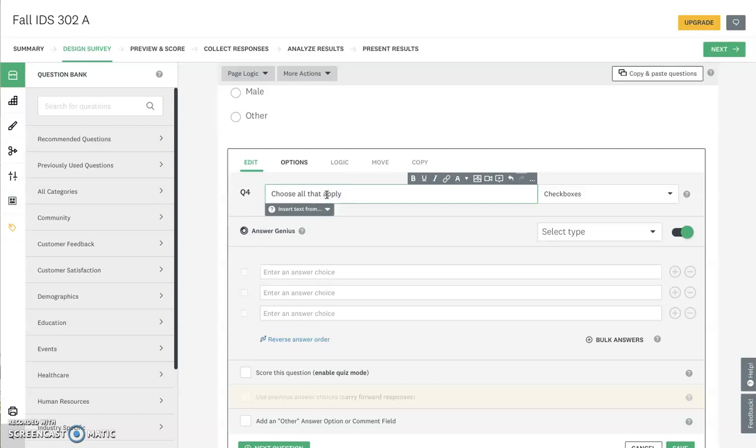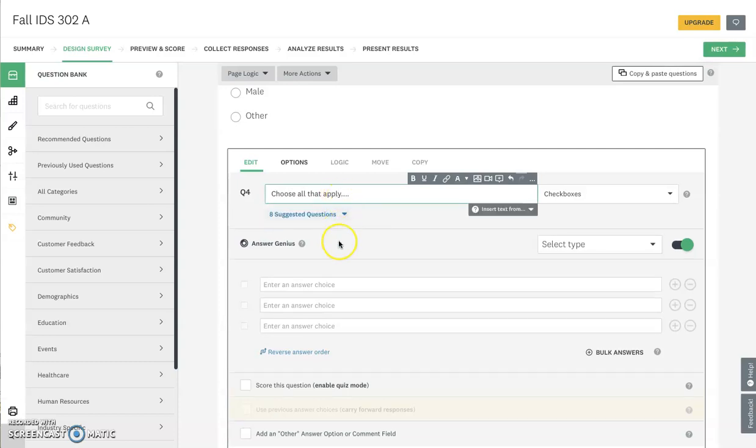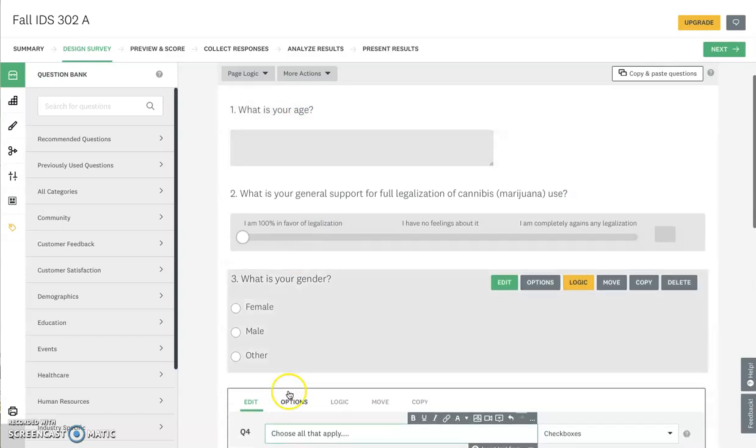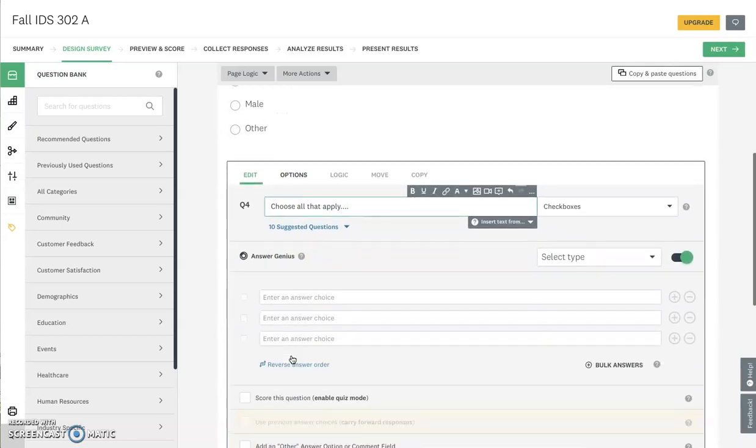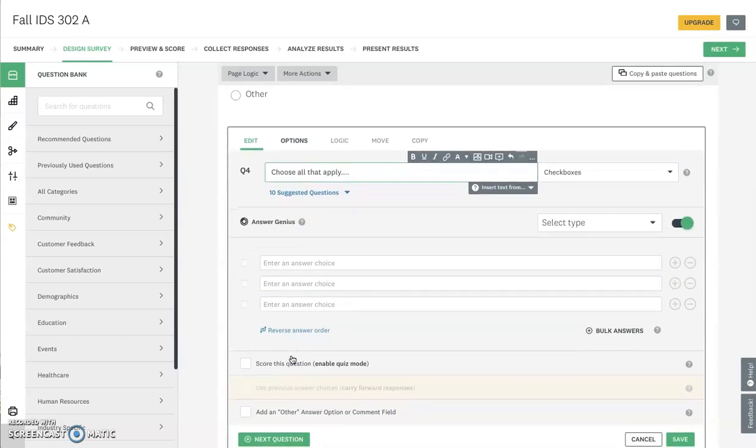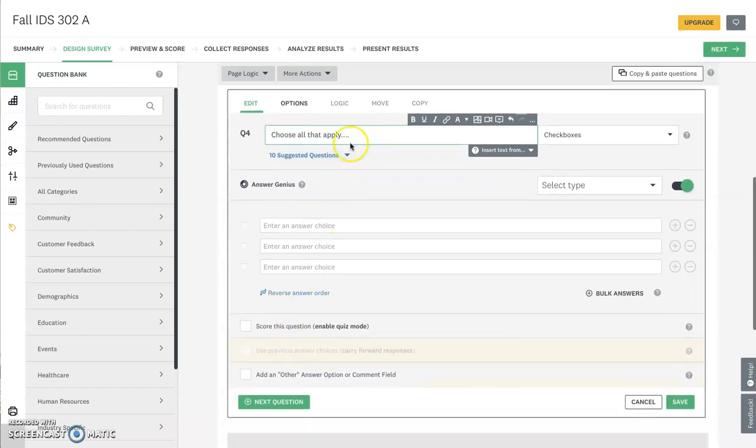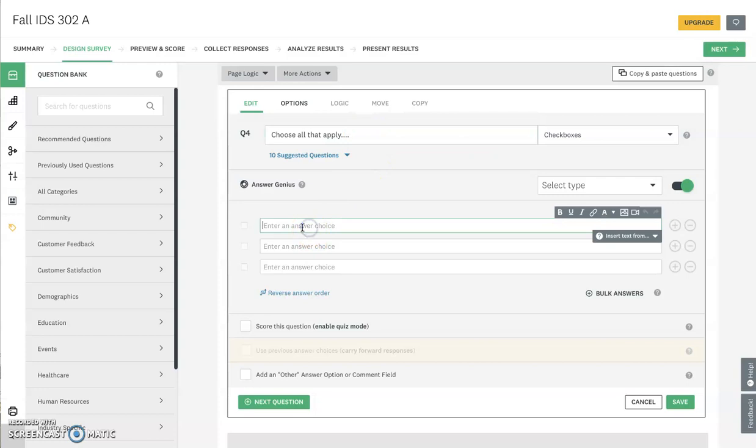Now remember, I said you get a limit of 10 free questions on here. 10 questions free. We already used 2 up for age and gender, right? So that leaves us 8. We got to be really discerning and efficient. Therefore, this question, choose all that apply, is an excellent one because I can do a number of different things here. Okay, I can say I use marijuana